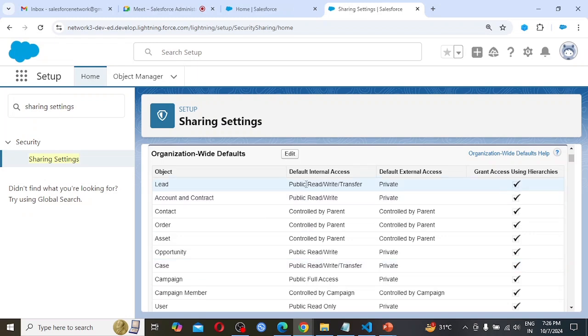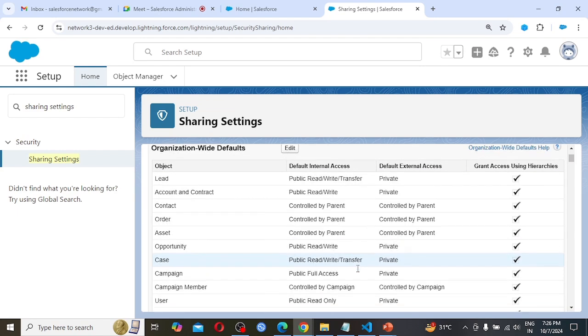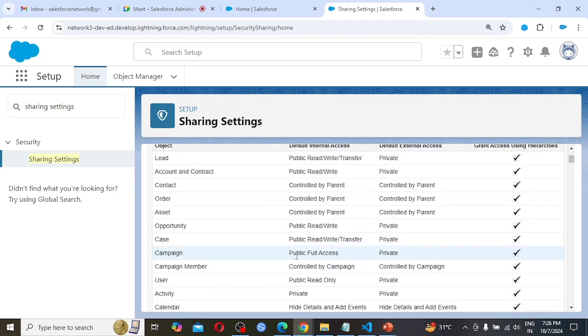So only for these two objects this setting is there. Apart from these two objects we are not going to see public read write transfer anywhere. So public full access is only for the campaign object. We are not going to see public full access for any other object.